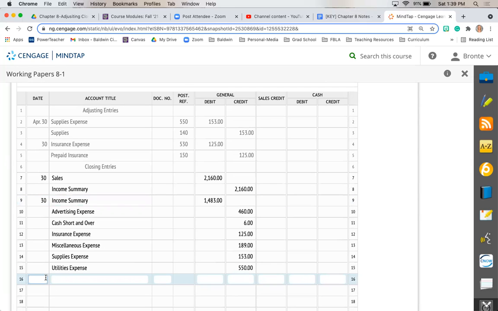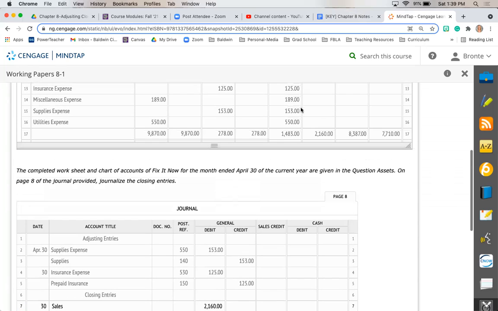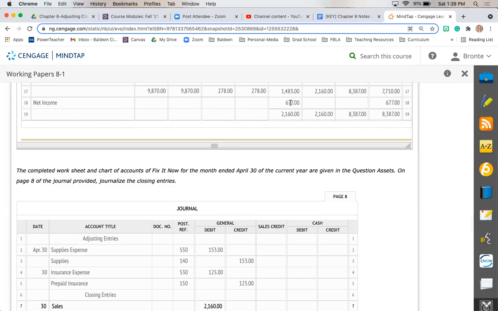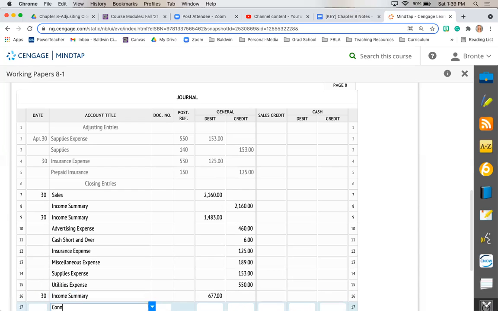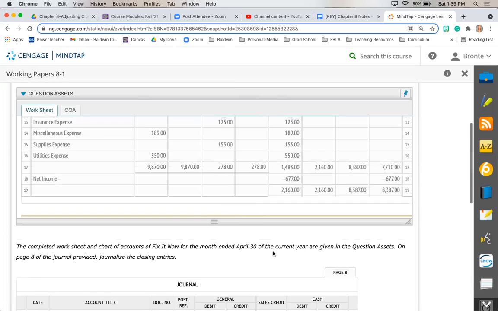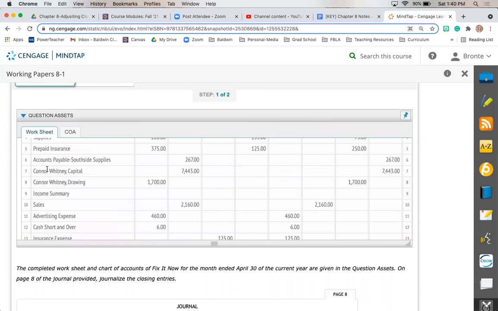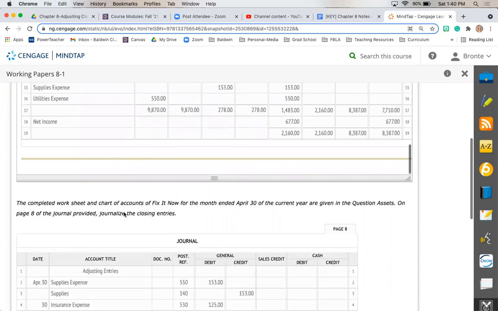All right, next we have to close income summary. So 30. Income summary. This is where we got to determine, did we have a net income or net loss? If we had a net income, then income summary is going to get a debit. If we had a net loss, income summary is going to get a credit. In this case, we had a net income of $677. Income summary, 677. And I'm closing it directly into capital, which if I don't know whose capital account, it's right here. Connor Whitney Capital,